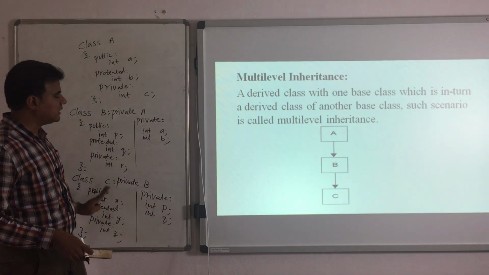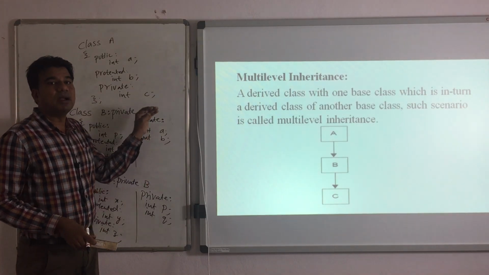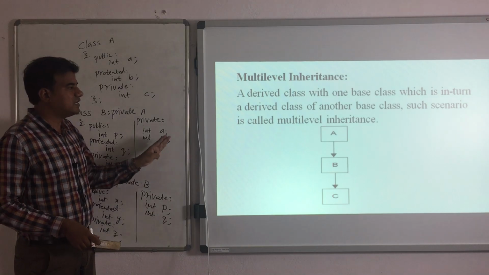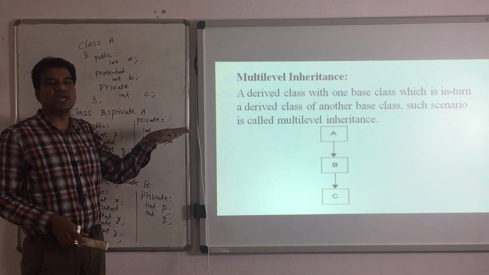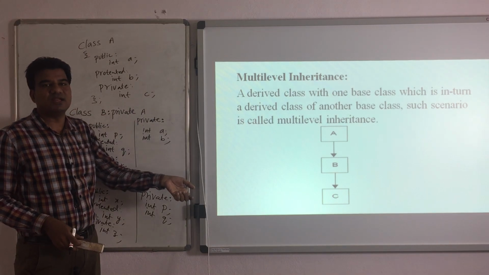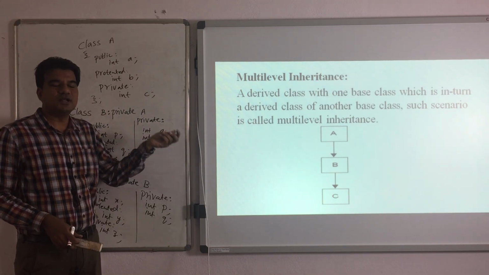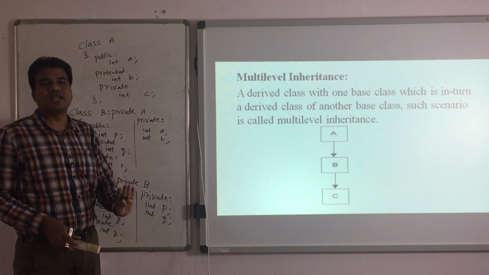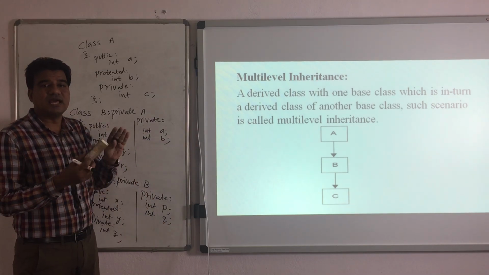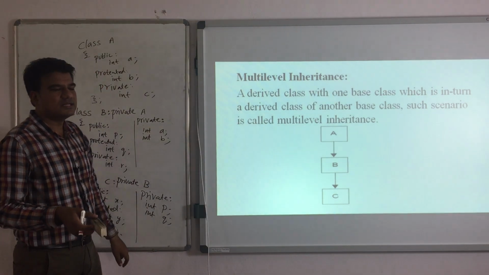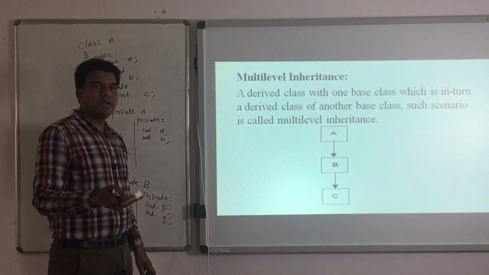This kind of derivation, we call it multi-level inheritance. I told you there is no limitation that you can have only this number of levels in your multi-level inheritance. It is dependent on your patience. You can have A to B, B to C, C to D. Likewise, you can have n number of classes inherited from each other. Clear? So the next type of inheritance is multiple inheritance.